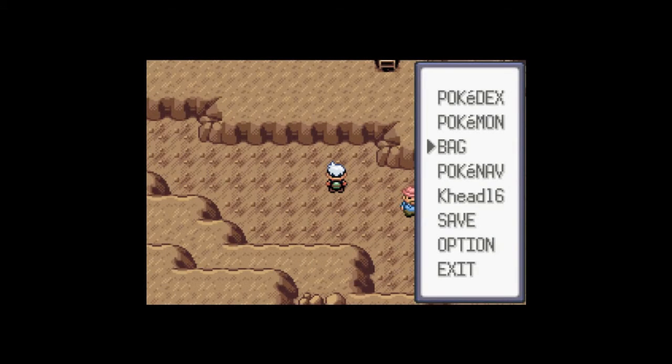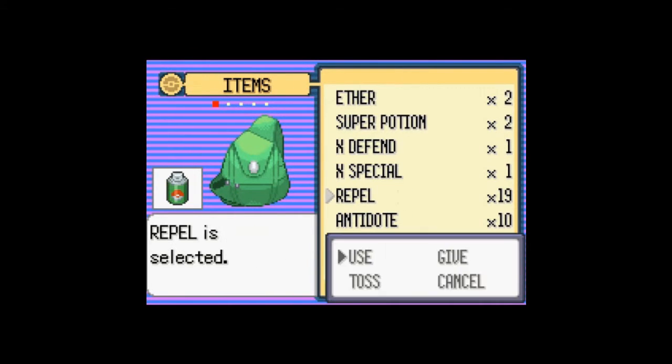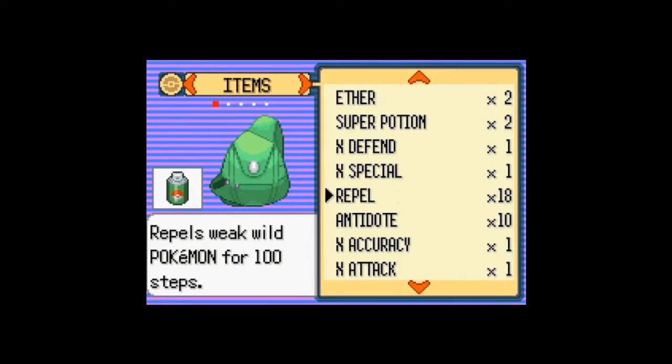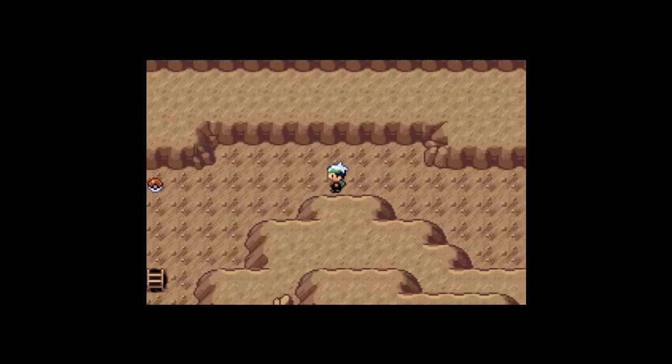Alright then, now that I've caught him, I don't want to run into any more Pokemon. Alright then, now other new Pokemon to find. On this floor, you can find...